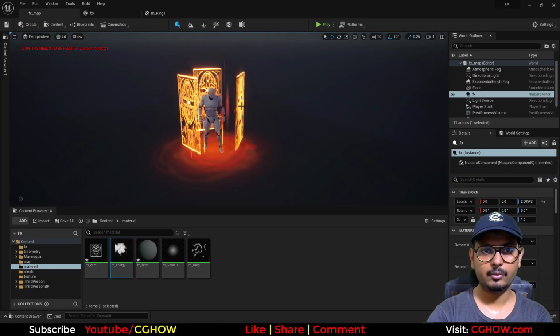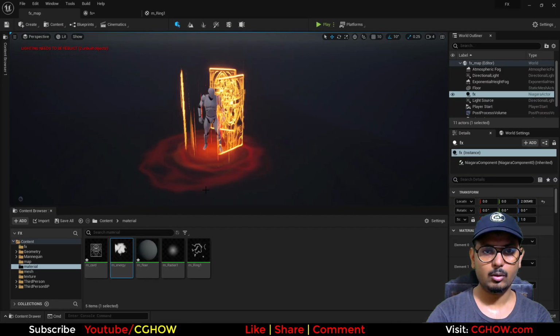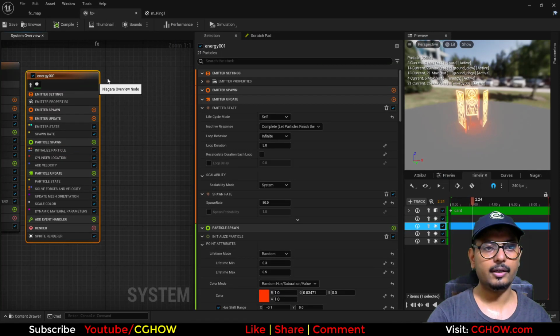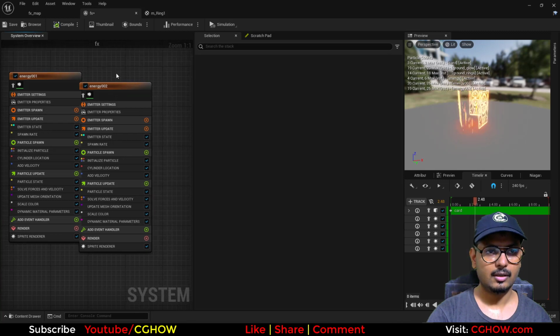Okay, so I have now some thinner ones, and also you can add something on the ground, so I can again duplicate this,